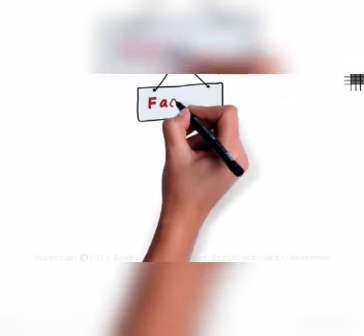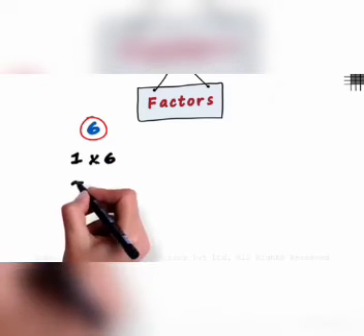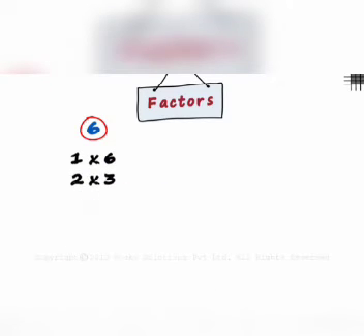To understand what factors of polynomials are and how they can be used, we need to understand the basics of factorization first. We start with simple numbers. How do we find the factors of the number 6? To find the factors of 6, ask yourself, how can we write 6 as a product of two numbers? We can write 6 as 1 multiplied by 6 and also 2 multiplied by 3. Is there any other combination you can think of?